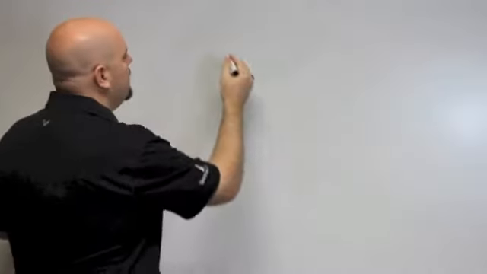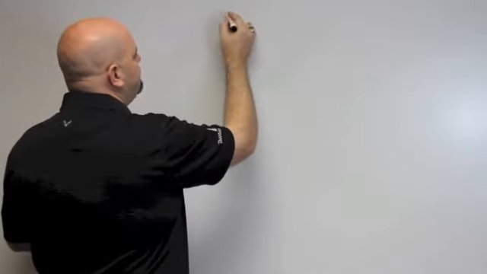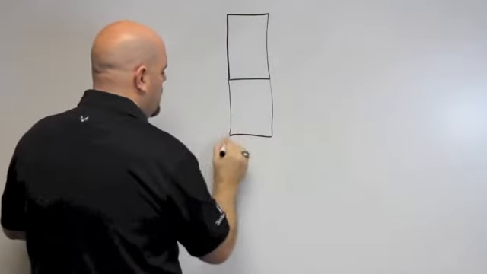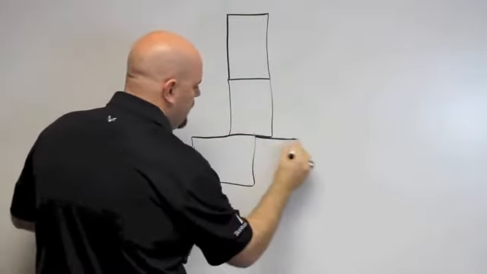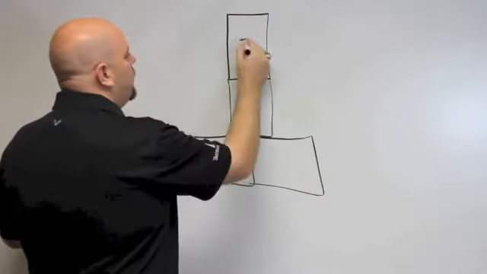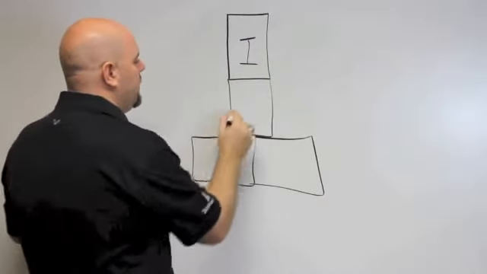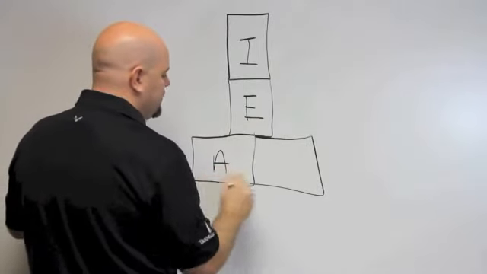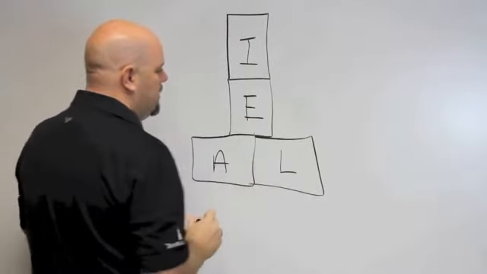So let's talk about how money flows for most people in this country, okay? So with Kiyosaki, he talks about basically generating money, and where does it go? So let me finish drawing this here. Okay, so the I stands for income. The E stands for expenses. The A stands for assets. And the L stands for liabilities.